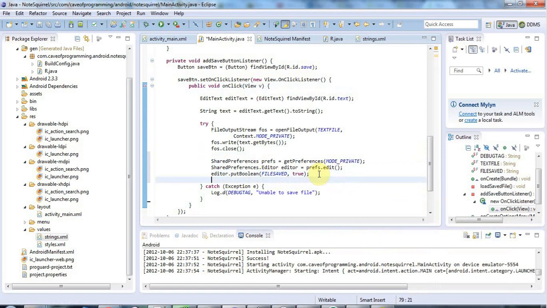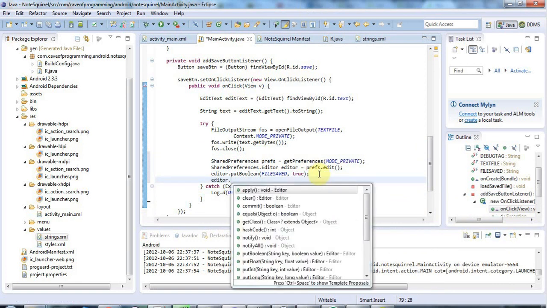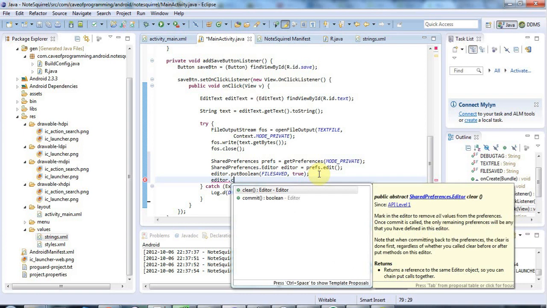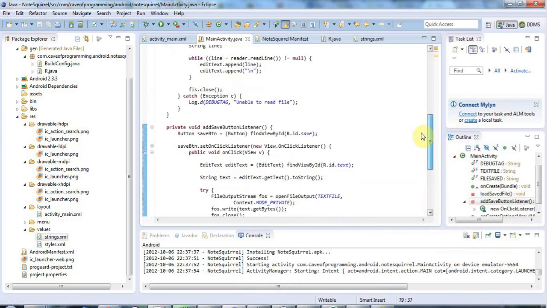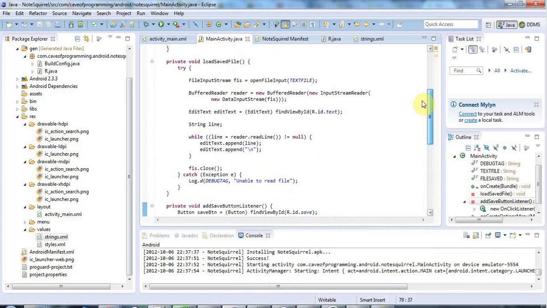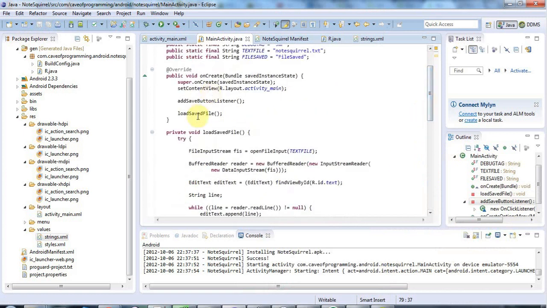Now once you've done a put on your editor, you have to remember to call editor.commit, and that actually saves the values that you put. Let's save that. And now we can load those preferences when the application starts up. So in load saved file here,